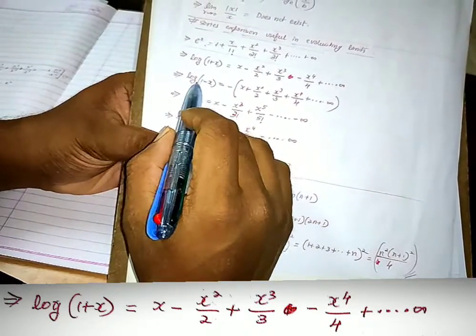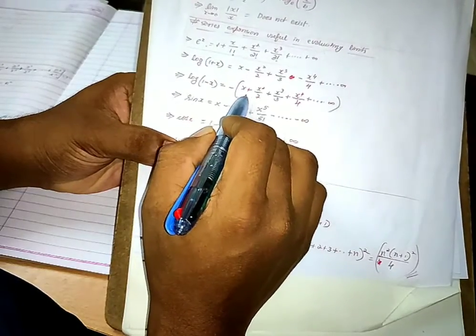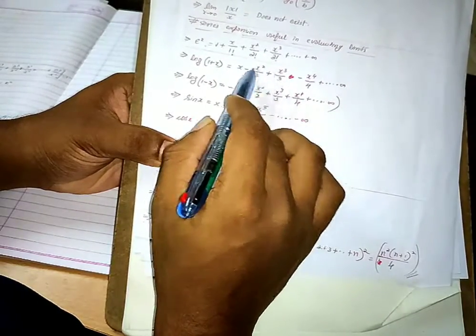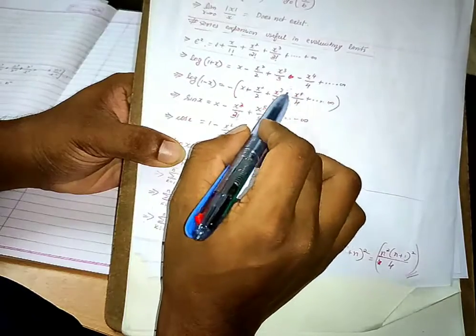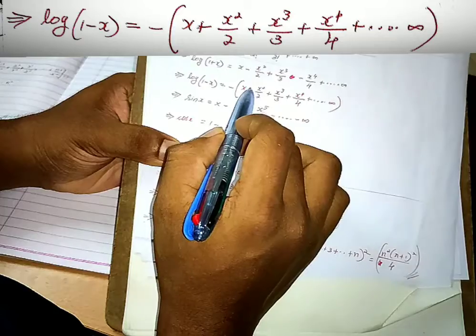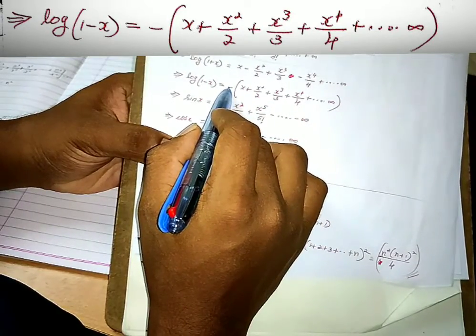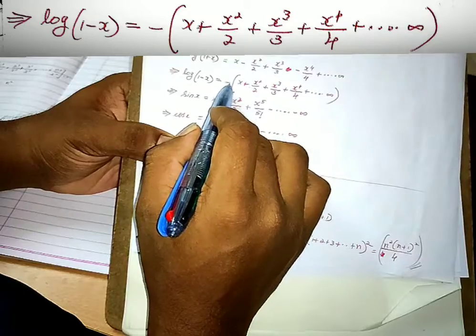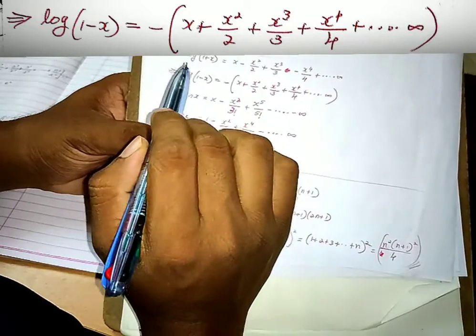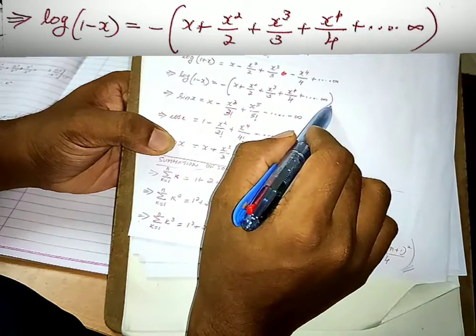Okay, then the next pattern is about 1 minus x. So it is nothing but the minus of the same things, the same terms will be present in this one, but instead of alternative plus minus, everything will be minus. That is, minus is taken out common. Okay, if in case this was not taken out common, all the signs would be minus itself. Clear? So when it is 1 minus x, it is all the signs minus,